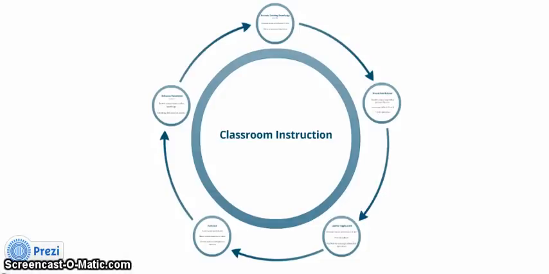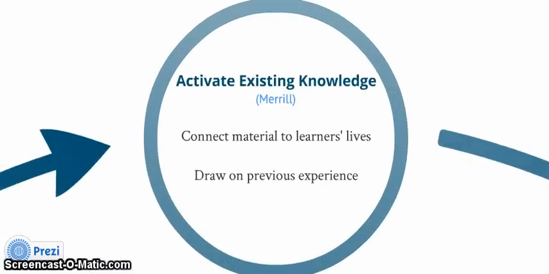So for my design model this week, I chose to start with this process of classroom instruction. And as you can see, I've really thought of this in an iterative manner, as an ongoing cycle, so that as we go around this cycle, we start over again and move on. So we start with activating existing knowledge, and this is from the Merrill model,